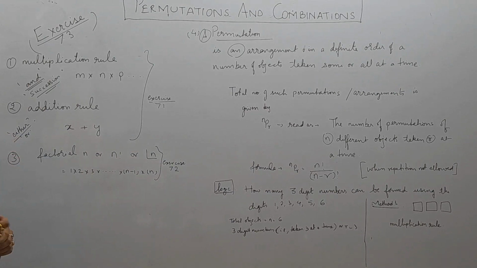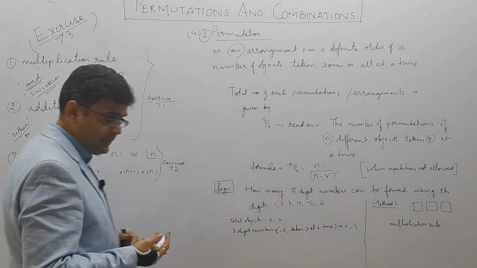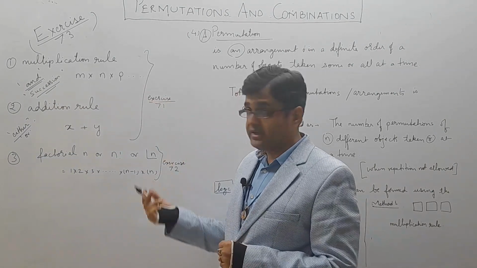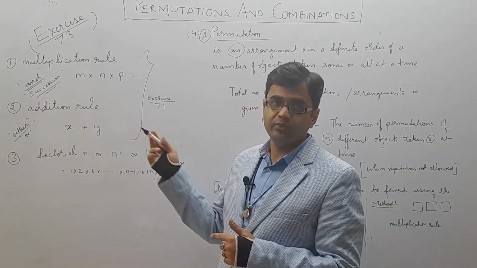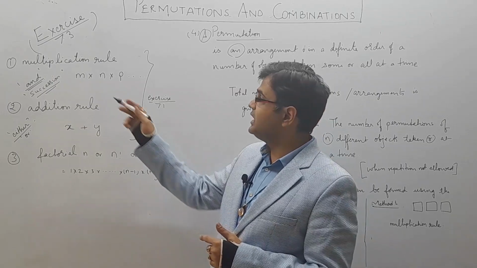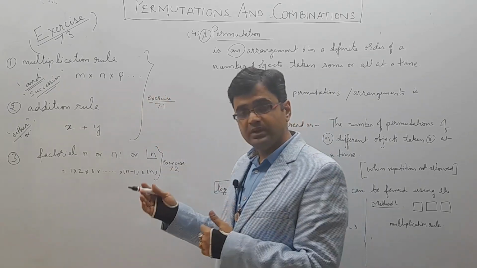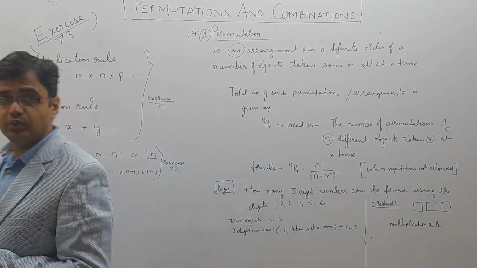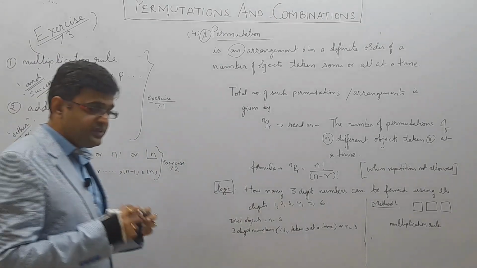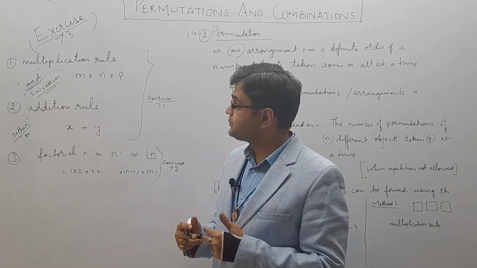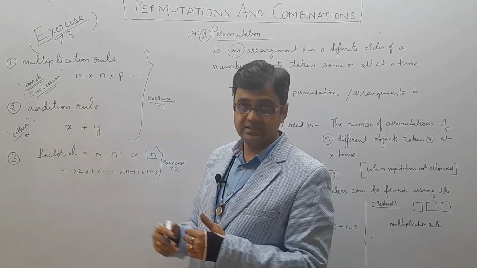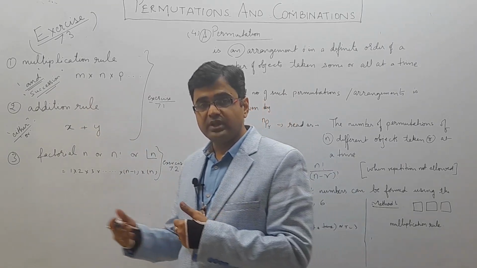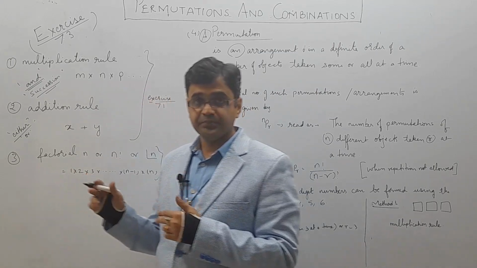I am saying both the events, that means event m and event n will both occur in succession in m into n ways. Now if there are three events, it will be m into n into p ways. If there are more, the same logic will apply to any number of events. Basically, all the events have to occur one after the other in succession.